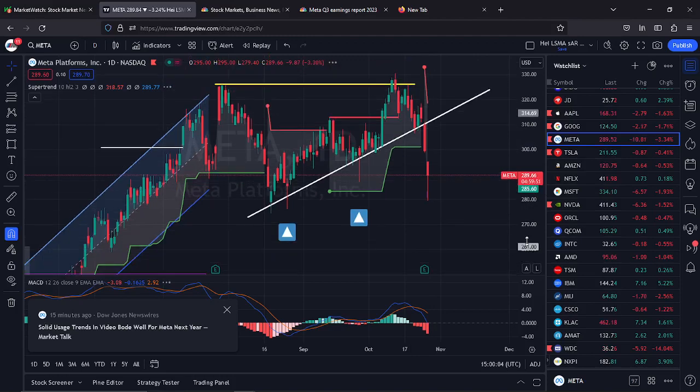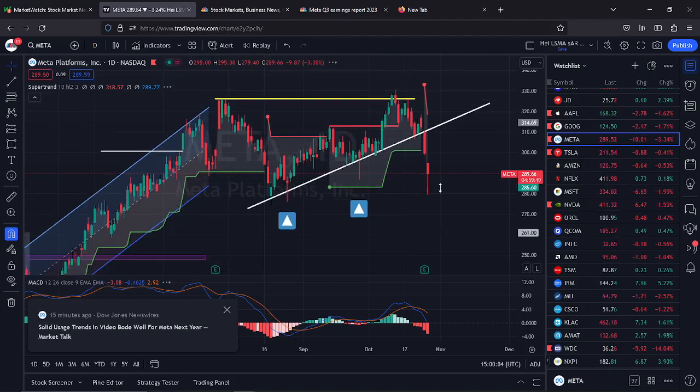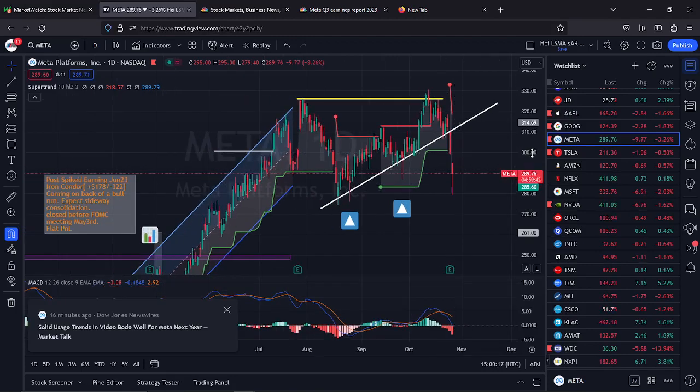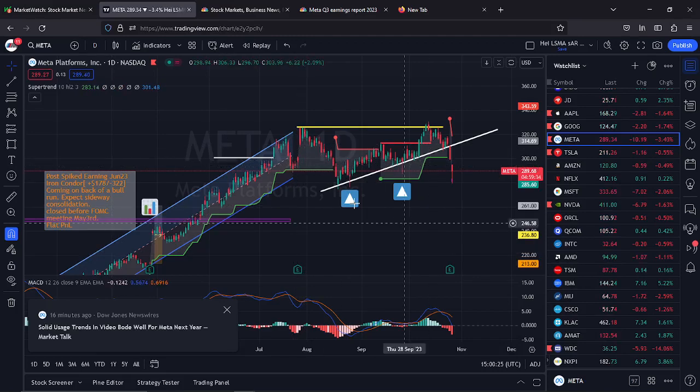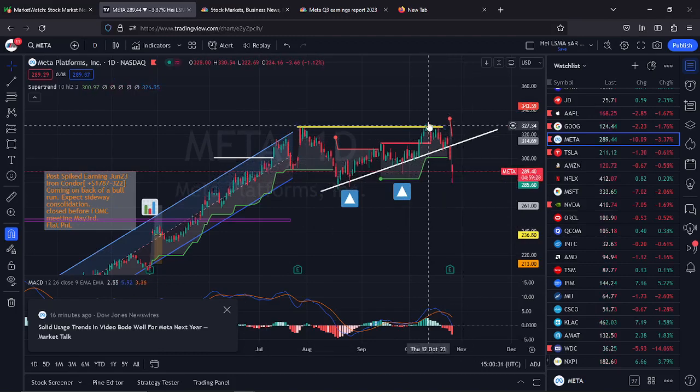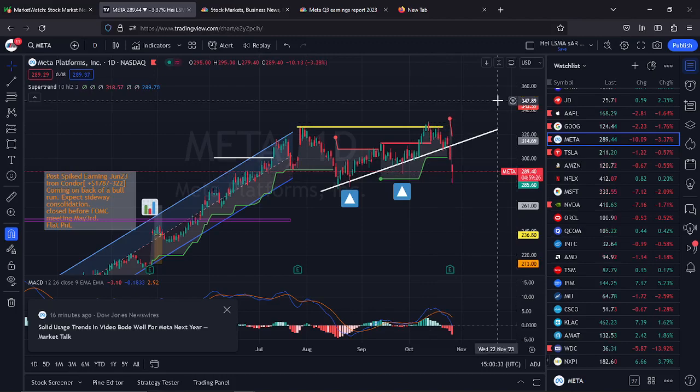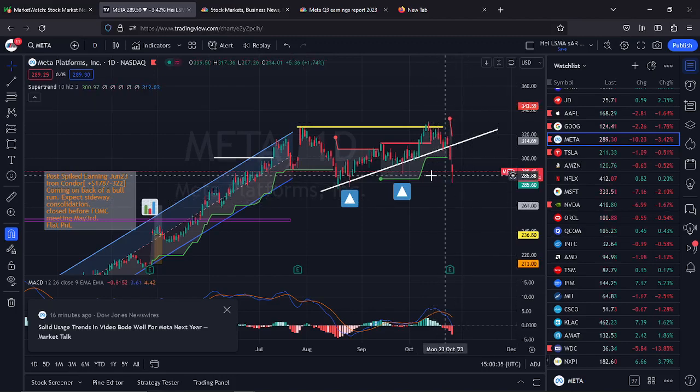It would be interesting. Remember, when it gaps and does things like that, you wait three days before you decide to do anything. Now, I want to give you a really good pattern. It's called the flag pattern. This is the pole, and it should retrace a little bit, like a flag. This is the pole, and this is the flag right here. When it breaks a new high, you buy the stock. Or you can buy it at the low too.